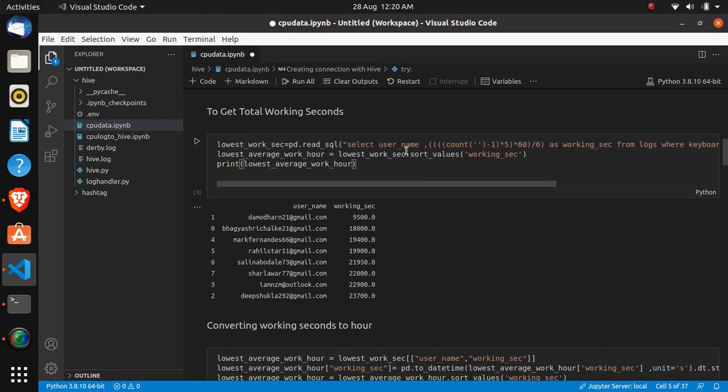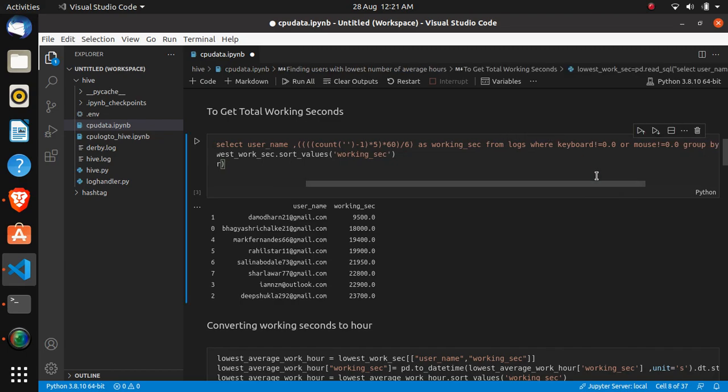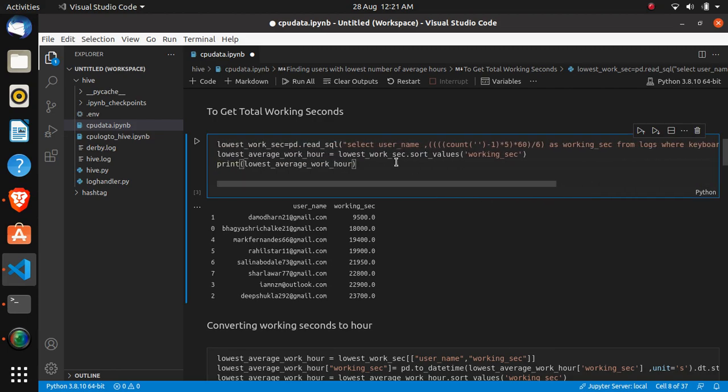We select username and count, with the minus 1 just for skipping the first row, then multiply it by five, then use 60 to convert it into seconds, and then divide it by 6, because we have 6 CSV files there. I select that as working seconds from log, with a condition where keyboard is not equal to 0 or mouse is not equal to 0, and I am grouping these values by username, so it will give me only the distinct values.